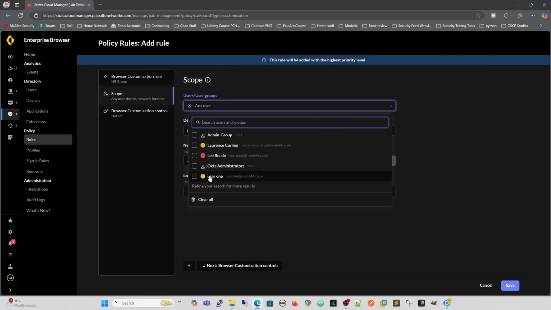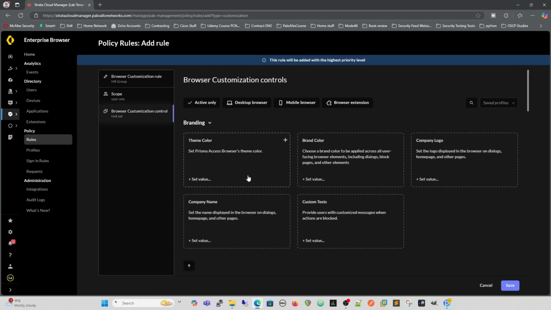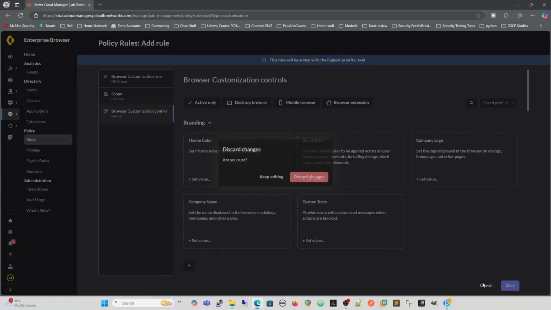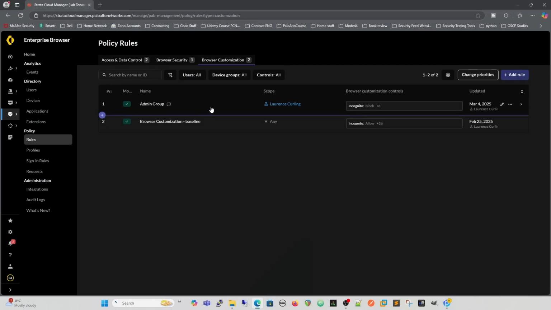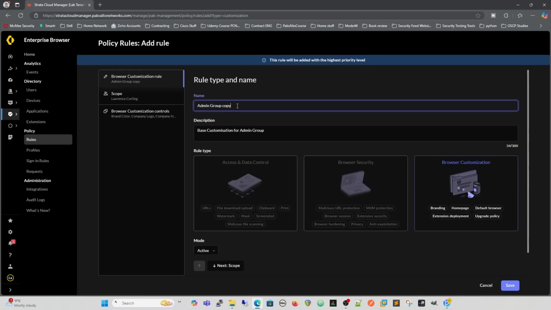So we're now going to say that our user 1 is in our HR group, and we're going to look at the browser customization control there. And we can select it all here. Again, we can just change the company names, or we could discard the changes. We can take this, we can clone this rule,